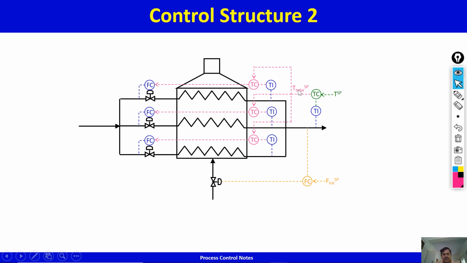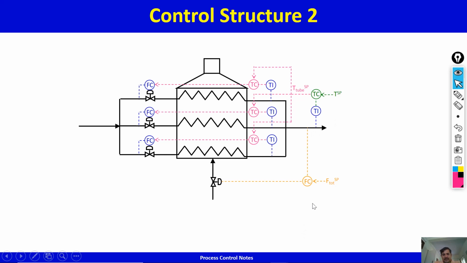The other thing that I want you to note is that changing tube temperature set point will cause this temperature controller to bring in more or less oil, or more or less flow through the tube, and that will have an almost immediate effect on the temperature at the outlet of the tube or of a pass. So what I'm trying to say is, adjusting T tube set point will give fast dynamics.